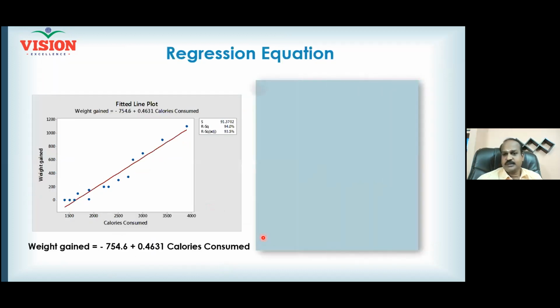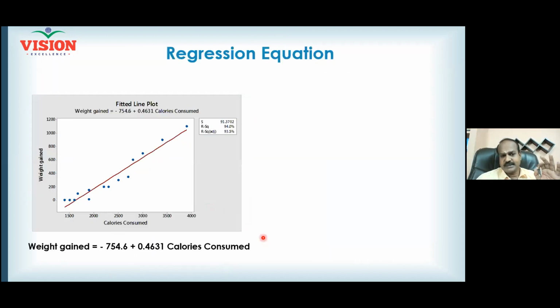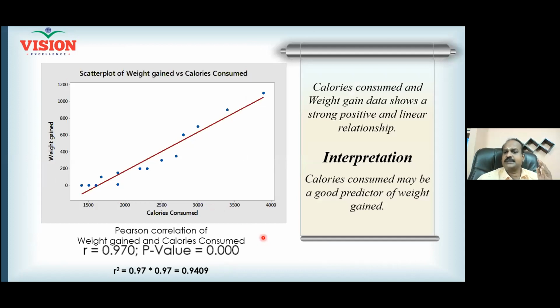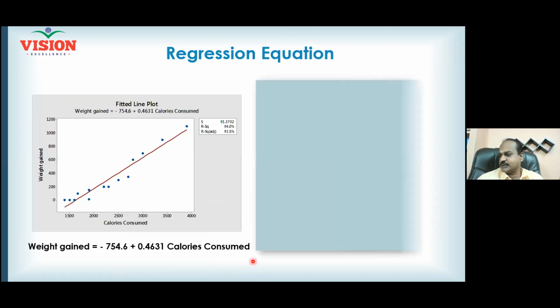Yes, sir. So in this case, in the previous case, calorie consumption is the best predictor. And optimizing one single factor will solve 94% of the problem. So factor criticality is understood, relationship is understood, sufficiency also understood. But with the casting problem, hydrogen content, only one factor, one factor was not sufficient to solve the problem. But here, one factor itself is sufficient for us to solve the problem.